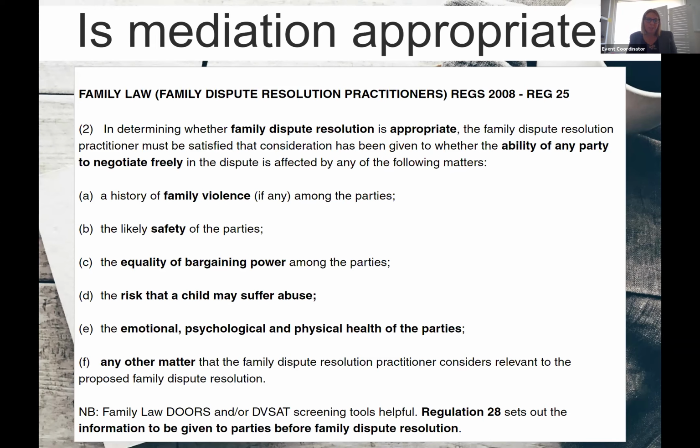So it is a process, mediation. Some people see it as an event, a one-off event, but it is a process. Intake, preparation, and sometimes it's not just a one-off mediation. It might be a series of mediations, perhaps looking at the parenting side, the financial side, etc. So the importance of looking at the ability of the parties to negotiate is really important in my preparation, but also you as parties and lawyers giving that relevant information to me to be able to assess that properly.